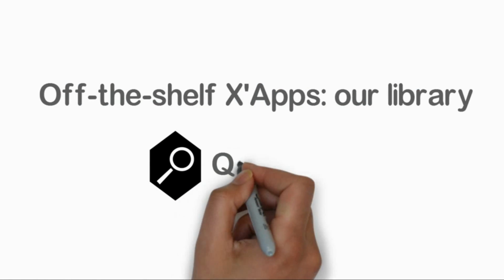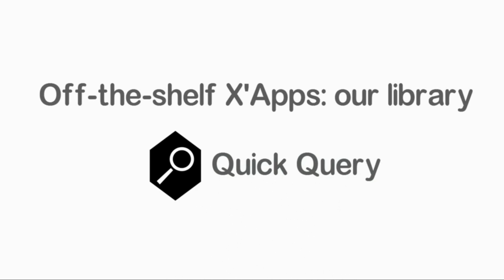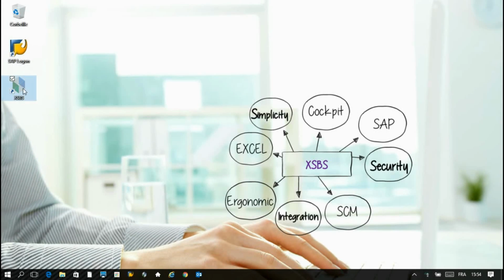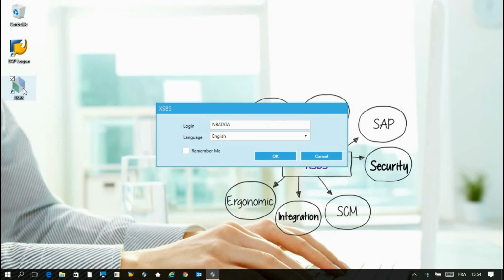This demo will showcase the Quick Query XApp from our off-the-shelf library of XApps. The Quick Query XApp lets you query any SAP table or group of tables simultaneously with just a few clicks to set it up. Let us first connect to XSBS with our user, which is similar to our SAP user